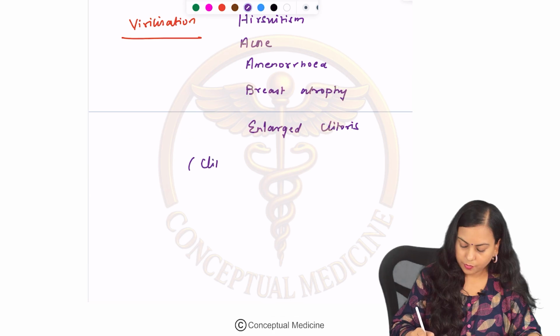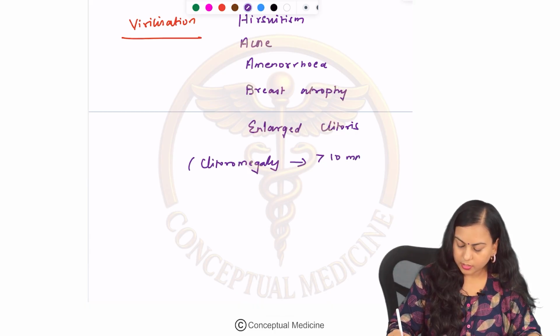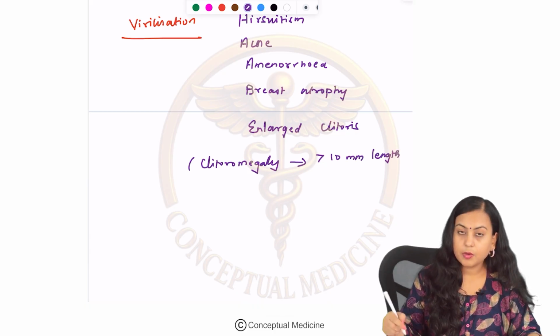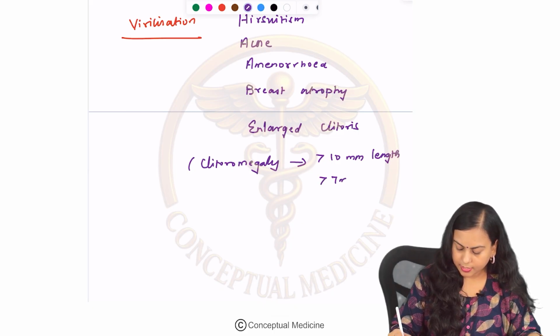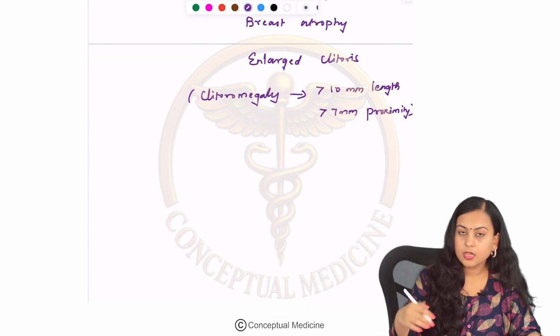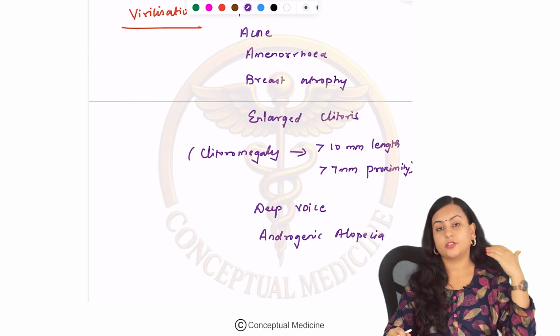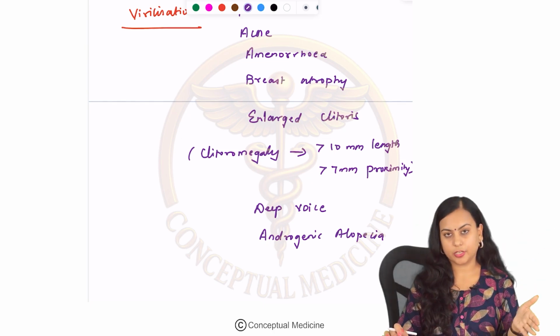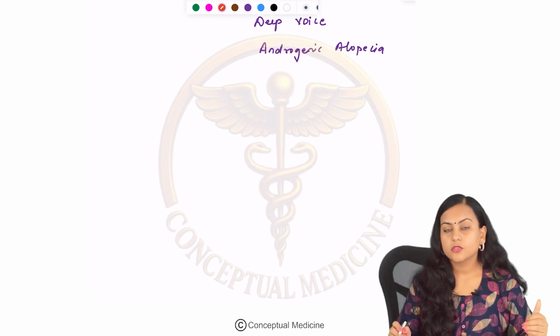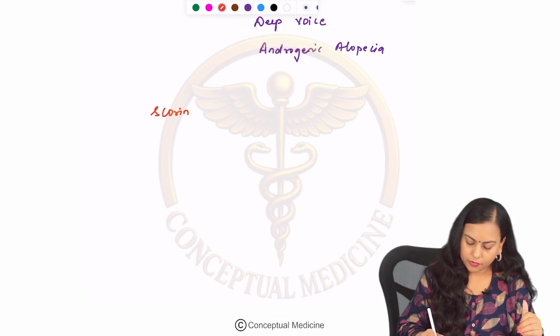So, clitoromegaly means the size is more than 10 mm in length, and more than 7 mm in breadth at its proximity. Okay. These patients will also have a deep voice and androgenic alopecia. Okay. So, these are the features of virilization. Okay. Hirsutism is a component of virilization. Clear? Right. Now, the scoring system which you will use for hirsutism is your